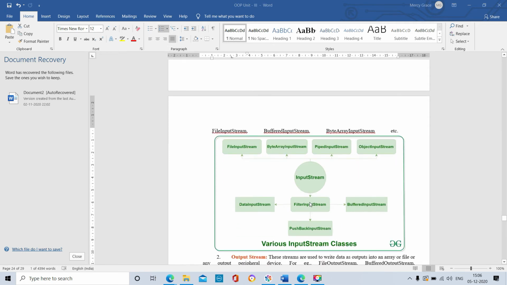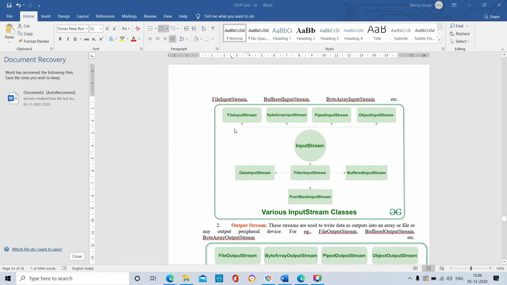See this flow chart. These are all the streams. Input streams contain the following classes: FileInputStream, ByteArrayInputStream, PipedInputStream, ObjectInputStream.